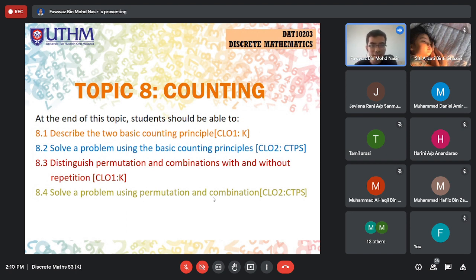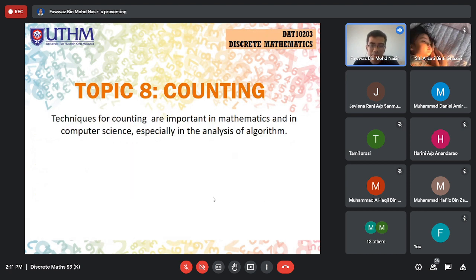So basically mainly counting topik ni mainly dia terbahagi kepada 2 parts. Kita nak tengok the basic counting principle dia, and how to use permutation and combination. Okay, so basically the techniques for counting are important in maths and computer science, especially in the analysis of algorithm. So kebiasaannya kalau